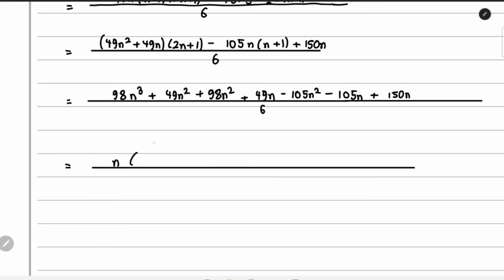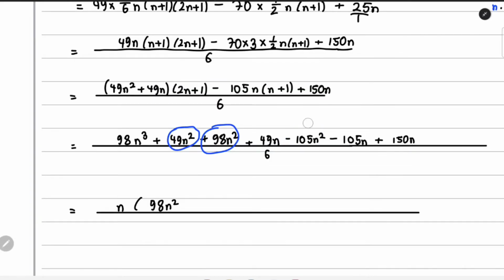And inside this, I'll have 98n square. The cube will become squared. The square will become n to the power 1. And the terms with n to the power 1 will become constants inside the bracket. So if I add this all up, the ones with the power of 2, I get 49 plus 98 minus 105, which is,